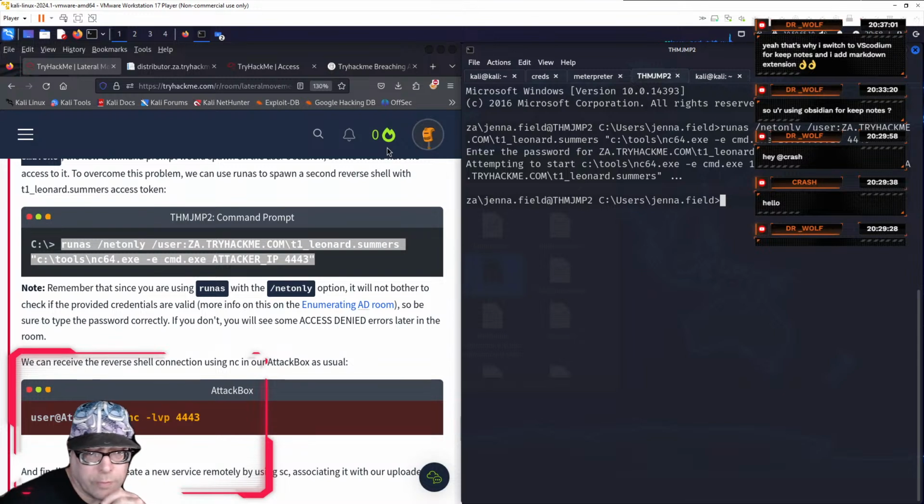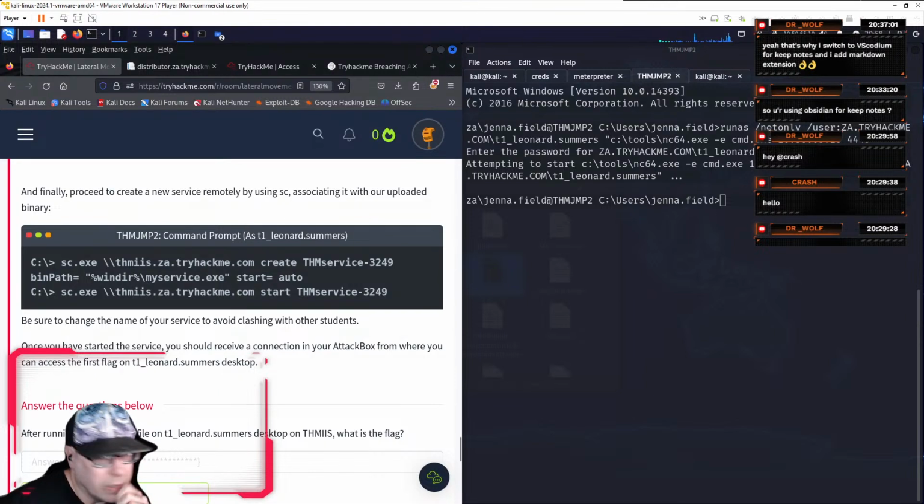So it appears to have worked, but we won't really know. And there's a way you can check. I saw somebody do it using logging into THM IIS and looking up sysvol or something like that. But